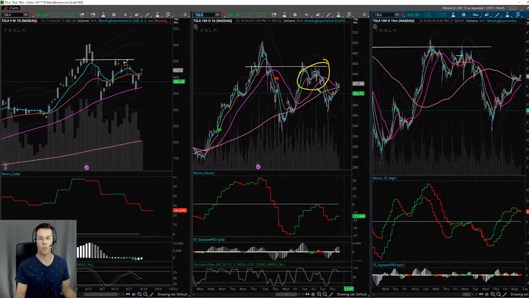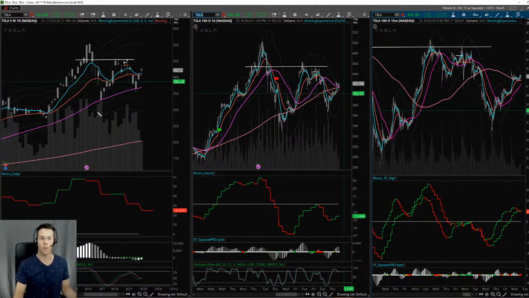So price should not be over the 50 if the moxie indicator is still below 0, if it's still negative. And you can see here, it was the same thing on the 15-minute time frame. You see how the moxie indicator was below 0, even though price was over the 15-minute 50? And then it ran right into a downtrending 15-minute 50 and shoved that thing down. So there was a short-term down move. Not something I'd really want to play, because I think Tesla is generally going to be going back up.